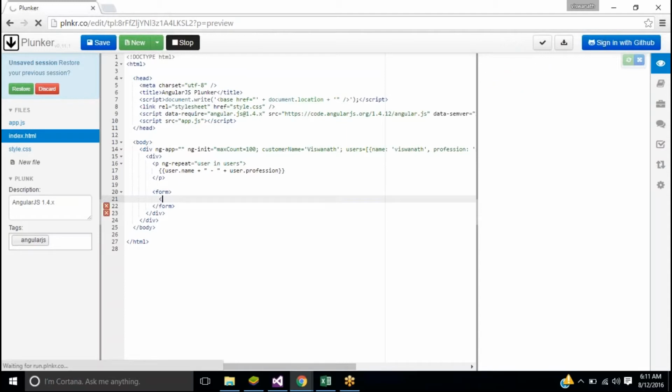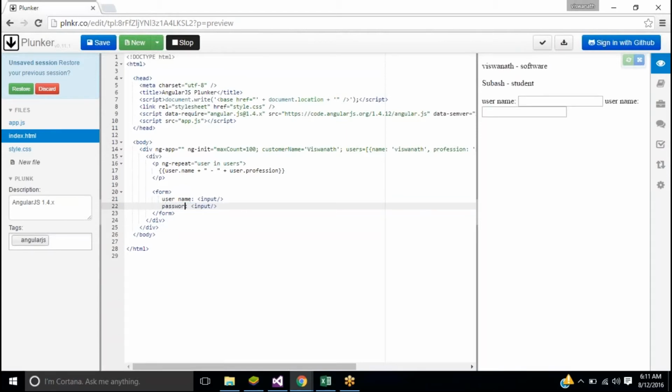Input, username, right? Let's say I just have username and password for now, something like this.